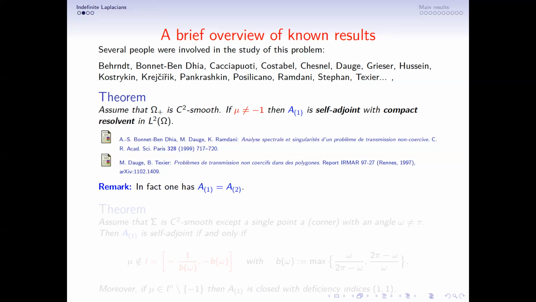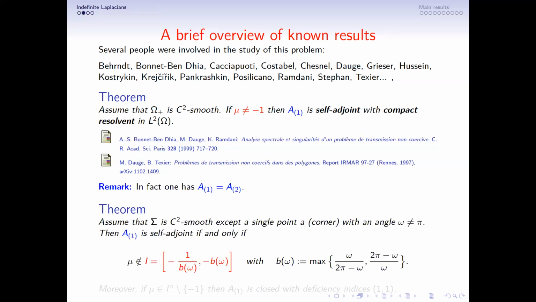And mu equal -1 is not self-adjoint. So actually, mu equal -1 is what we call the critical case, and we will see why it is called like that. All right, so okay,